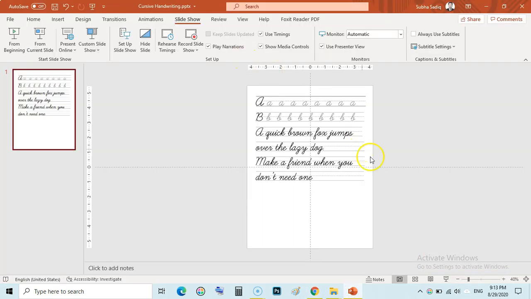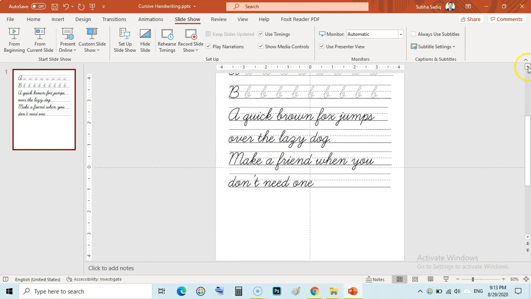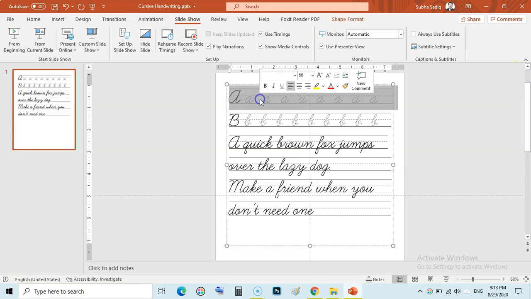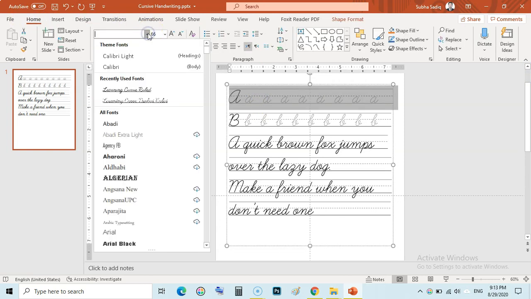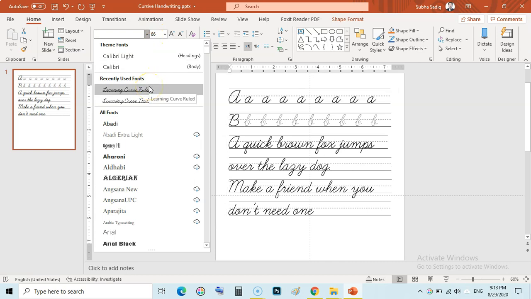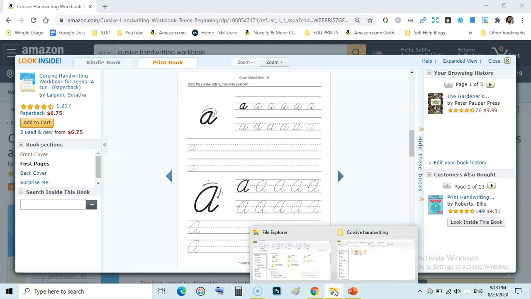So the font name is, let's have a look, Learning Curve Ruled. The font name is Learning Curve Ruled, and I have already installed this font on my PC.